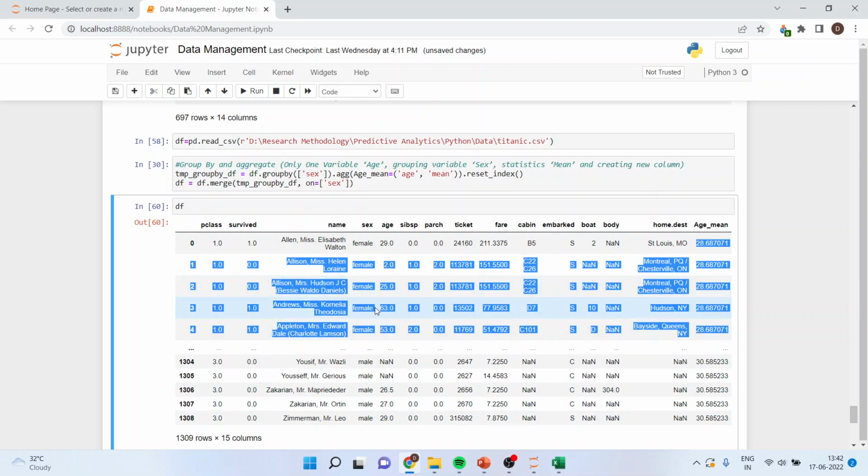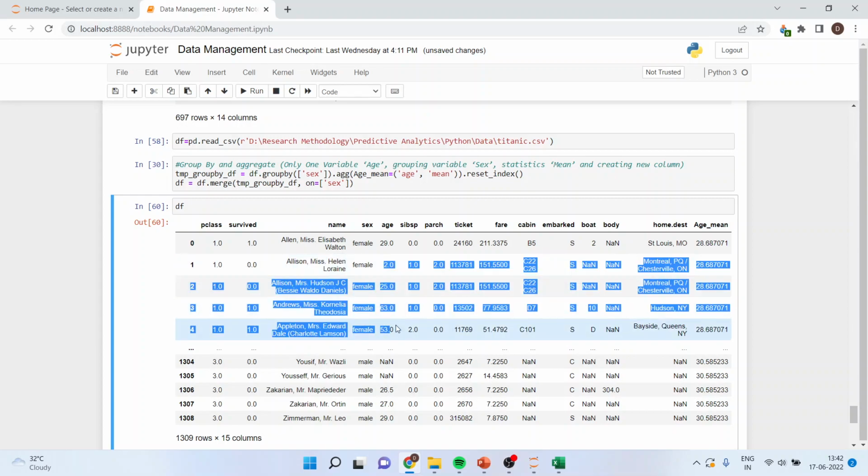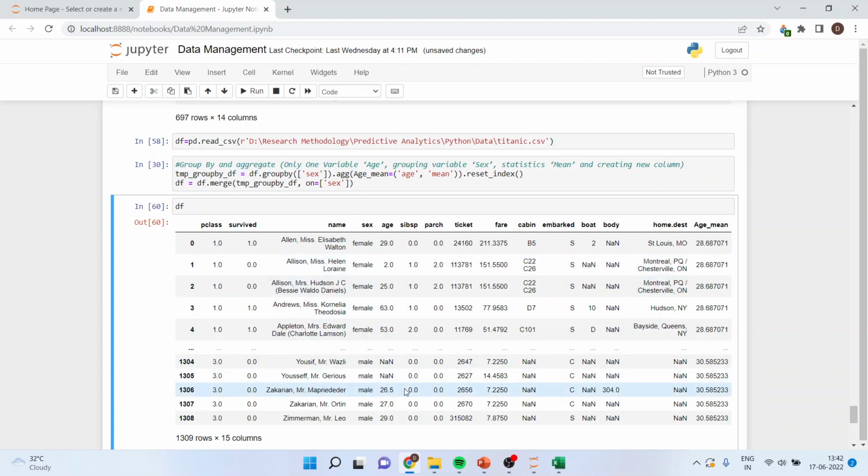the command is running in such a way that age of all female, its mean will be taken, and therefore it will be one unique value and you'll get one unique value. Similarly, mean of all male is considered and you'll get one unique value. So this is a way you can run group by command, also known as aggregation command,